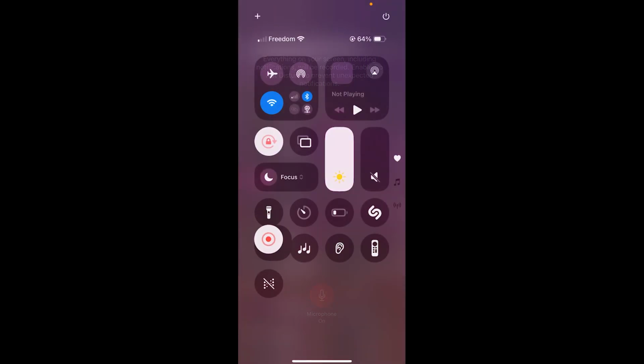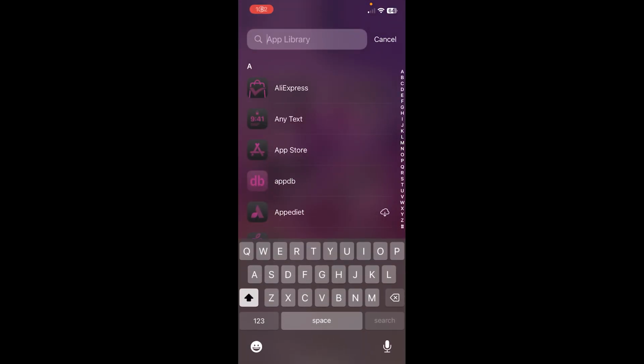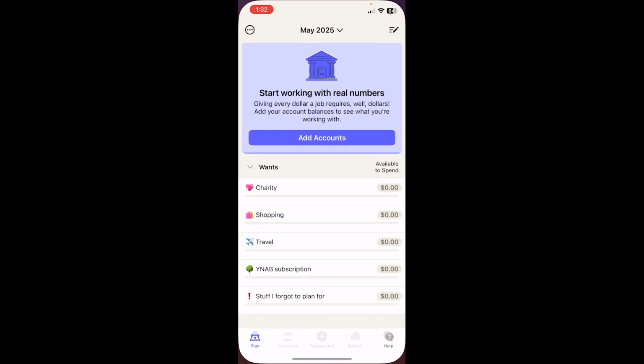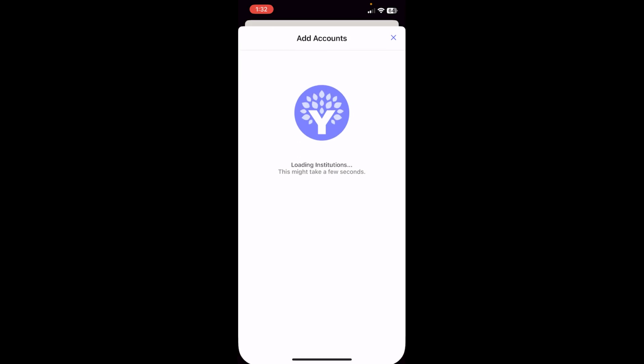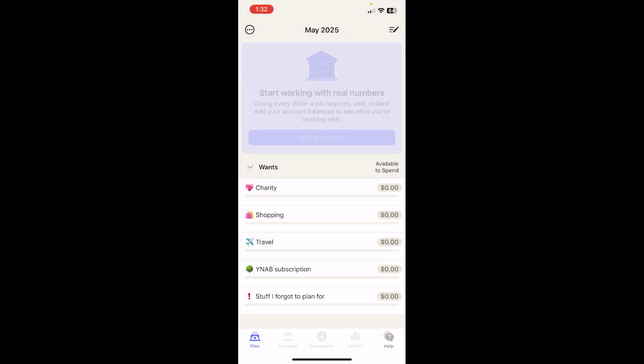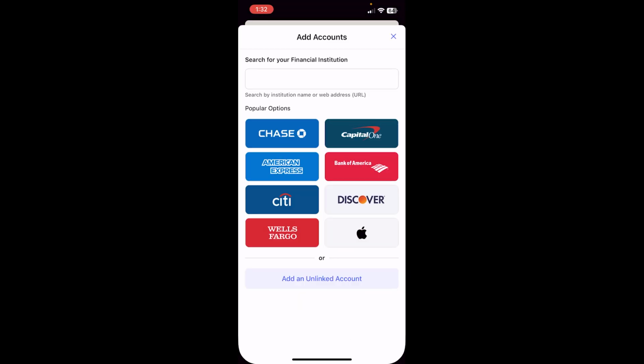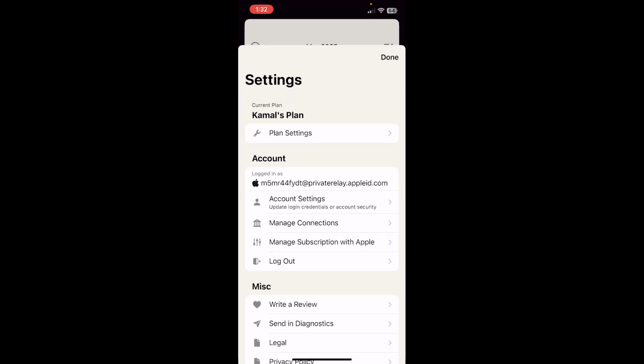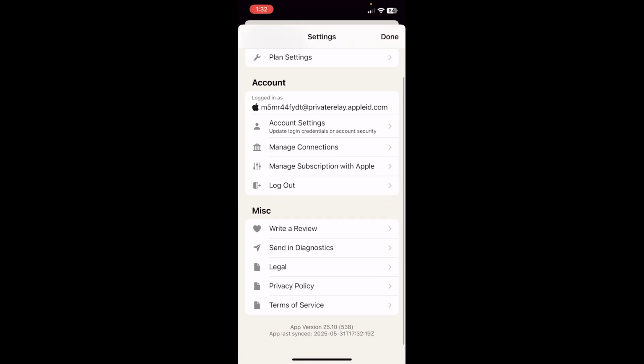In this video, I'm going to show you how you could add your bank account to YNAB. This app you can save money with. So first thing you want to do is say add accounts right here. So press add accounts, or if it doesn't say this, you can go to settings and privacy and go to account settings,